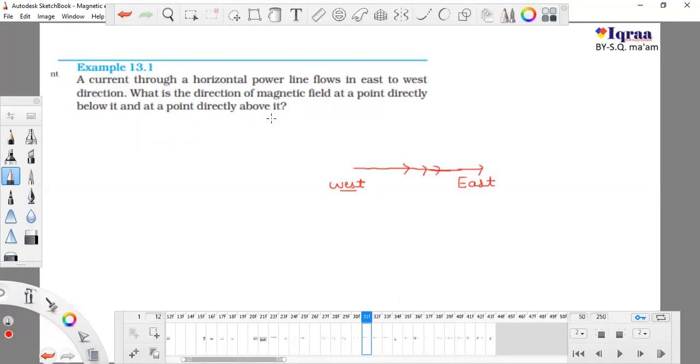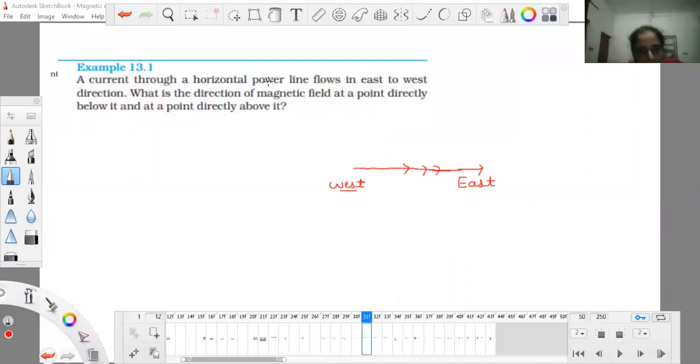So what is the direction of the magnetic field? It is asking about the magnetic field. So right now I'm doing one thing. I'm taking my pen, opening this pen and closing my pen from the lower part. Hopefully you can see how I'm closing this. I'm opening my pen and I'm closing my pen, closing here like this. So it is like this.